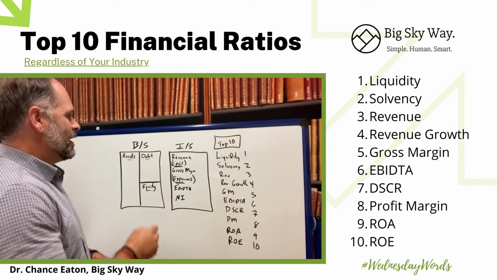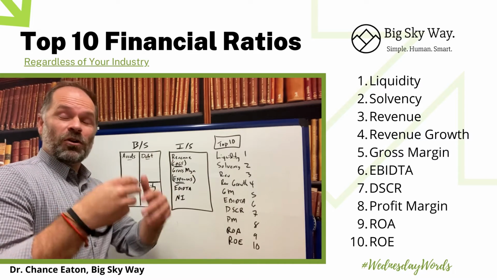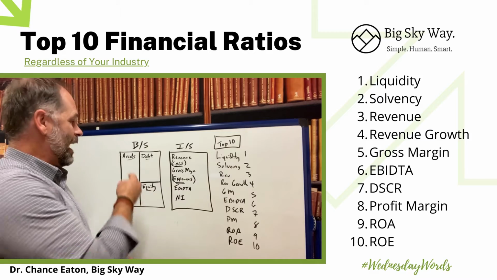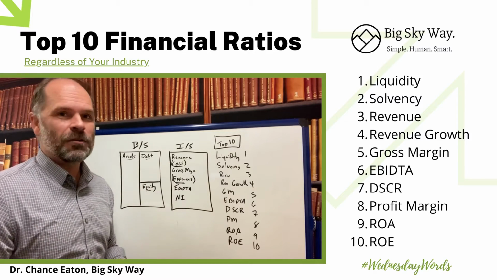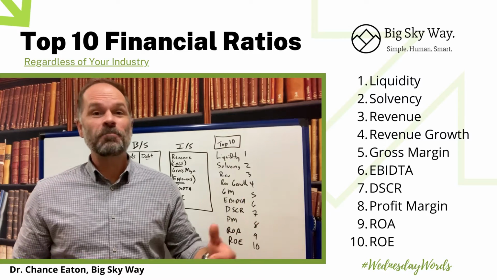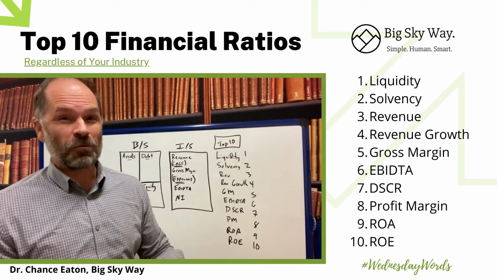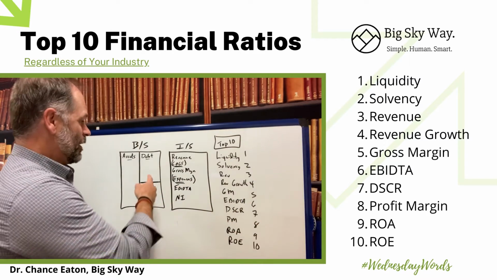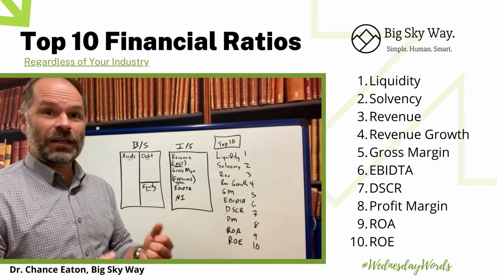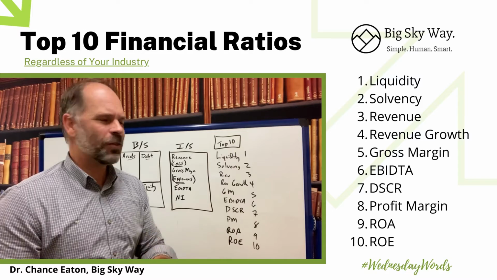Ratio number 2, a solvency ratio, or sometimes called a leverage ratio. It's your debt to asset. How much of your assets are actually financed by debt? Talk to your bank about what they're comfortable with. You can have too much debt to asset, and the bank will get kind of nervous, but if you're really profitable, a lot of companies try to expand that debt because debt is cheaper than equity, so they get some leverage. Talk to your banker about what they're comfortable with.